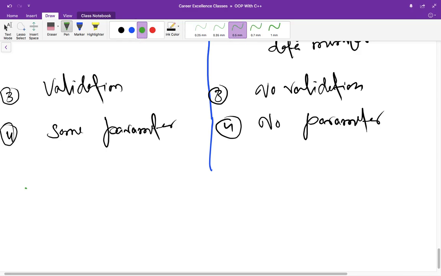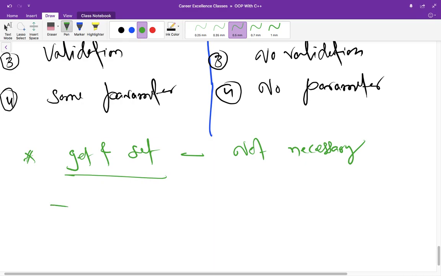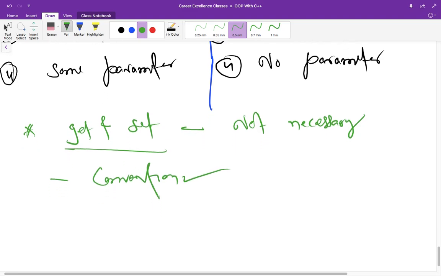So the final point is, get and set functions are not necessary. There will be no error if you don't write these functions, but the problem will be that you are not following the convention if you don't write these. So it's just a convention, and that's why you should follow this, because it makes things easier.